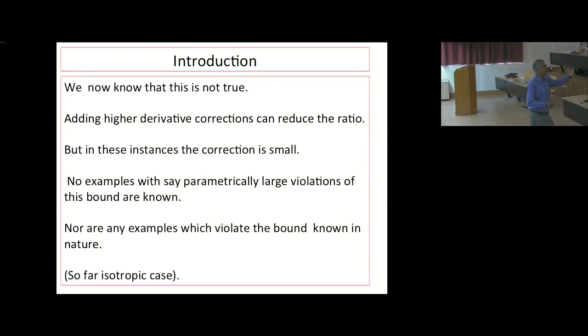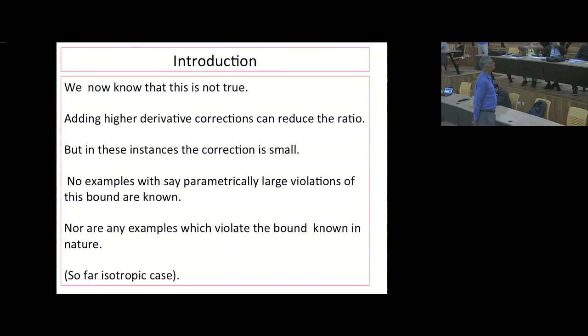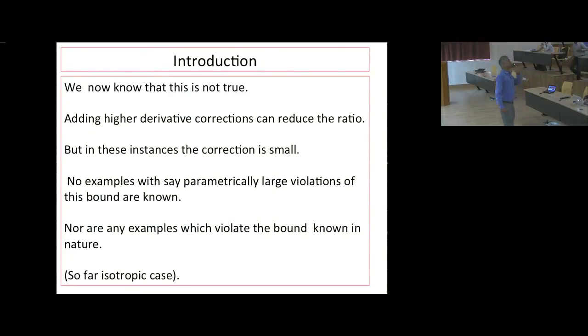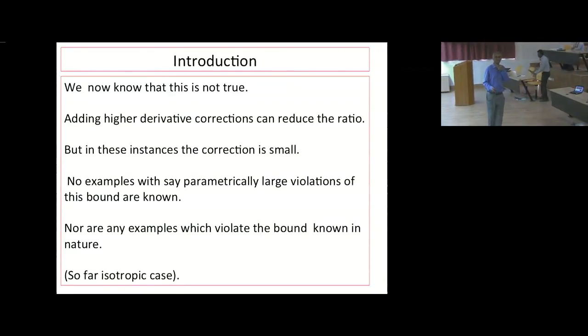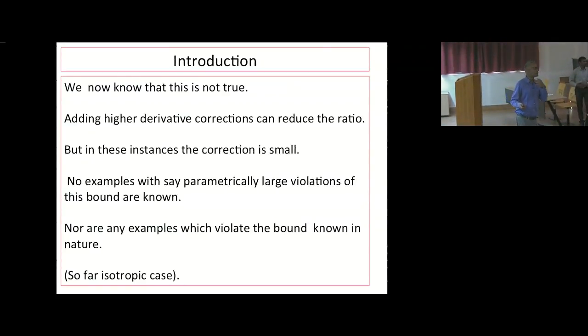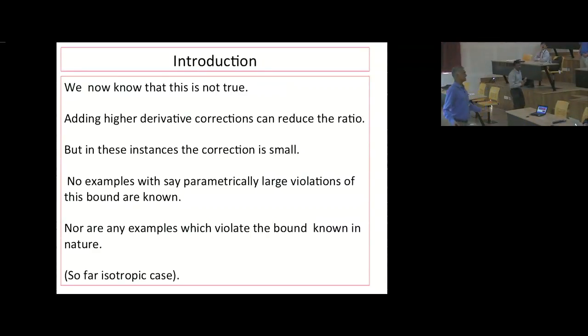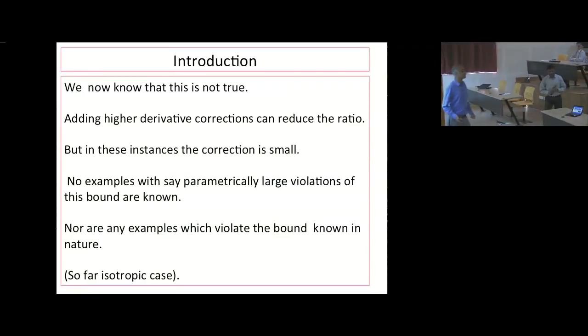Certainly, or maybe Igor has his hand up. Yeah? I don't remember this, sorry. I see. Because at weak coupling, of course, eta will be very big compared to, I'm sorry, I don't know that. Maybe I can look at it. As far as I know, I don't know. I'll try to ask around. No known example in nature violates this bound. Again, maybe somebody more familiar with nature will correct me, but that's what I've been told.